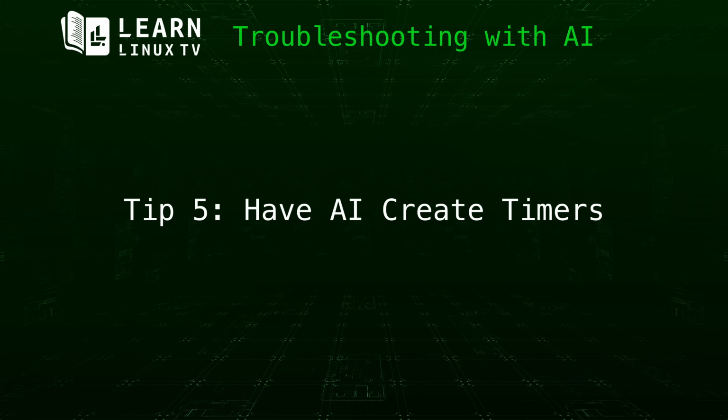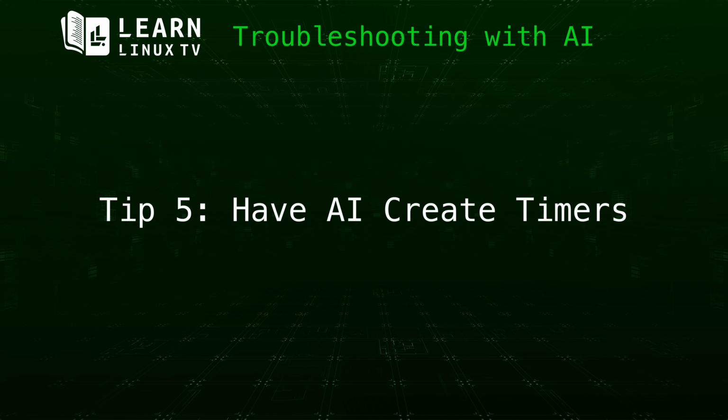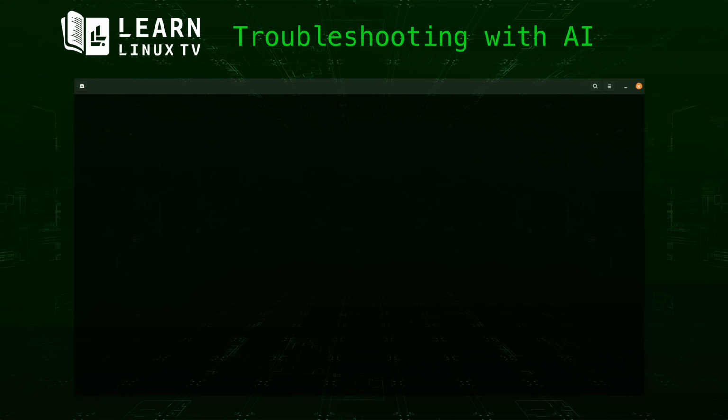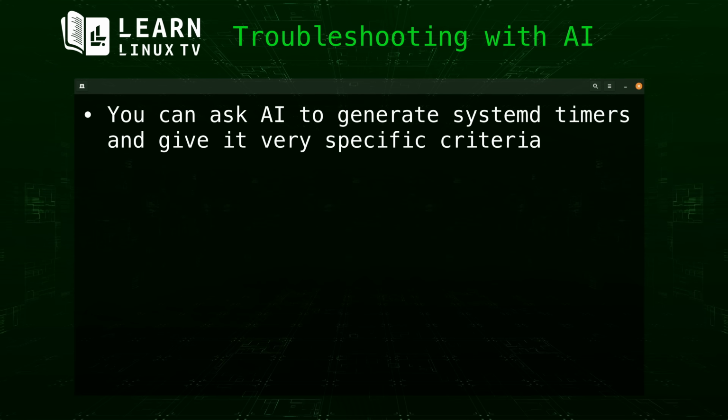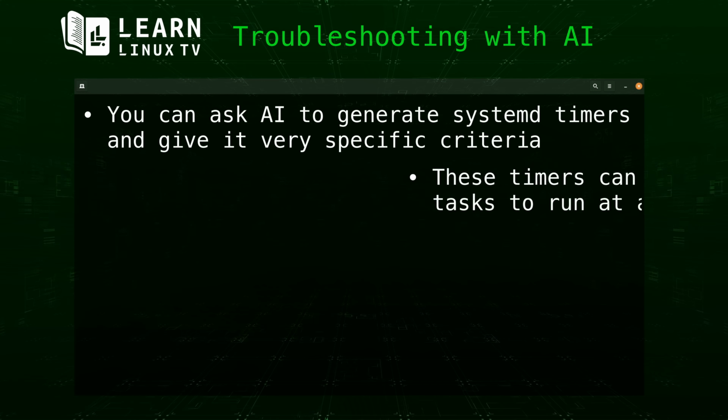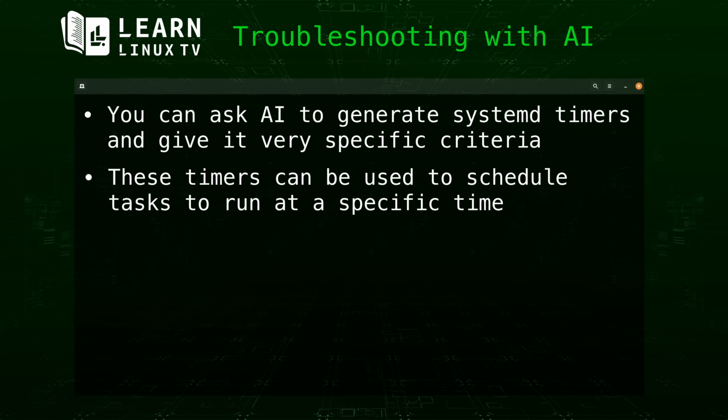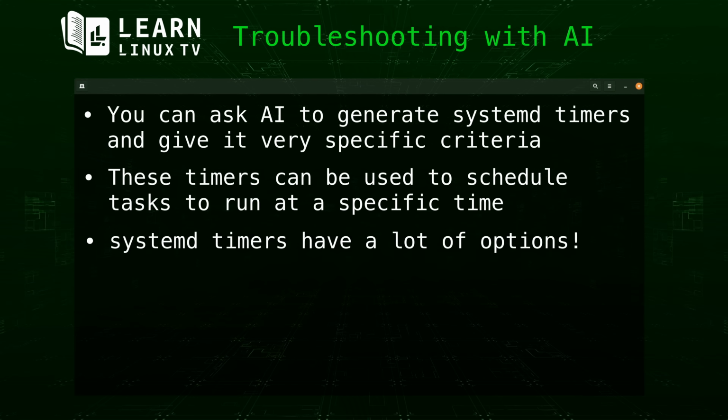Continuing, let's take a look at how AI can help us with systemd timers. I've covered systemd timers on this channel already, but even if you're well versed in how to create them, there's still a lot of benefit that AI can offer when it comes to this subject. For those of you that have never heard of a systemd timer before, you can use these to schedule tasks to happen at a particular time. If you're already familiar with cron jobs, for example, then the goal of a systemd timer is more or less the same, but systemd timers offer additional benefits and are recommended over cron jobs going forward.